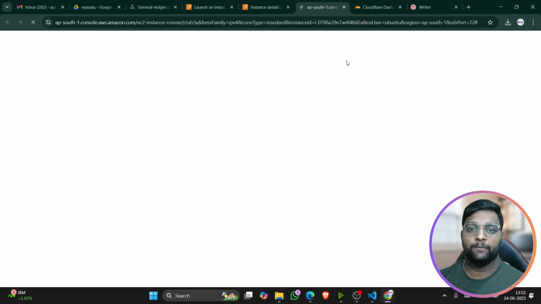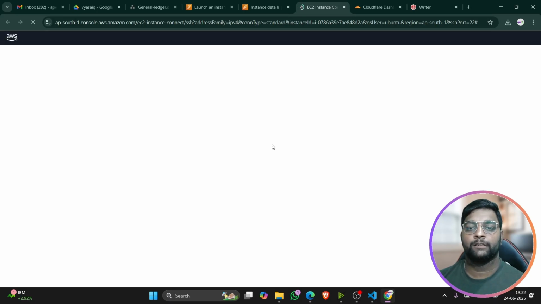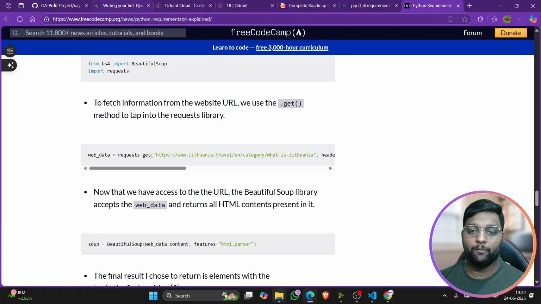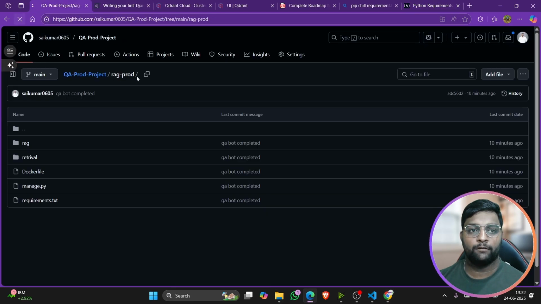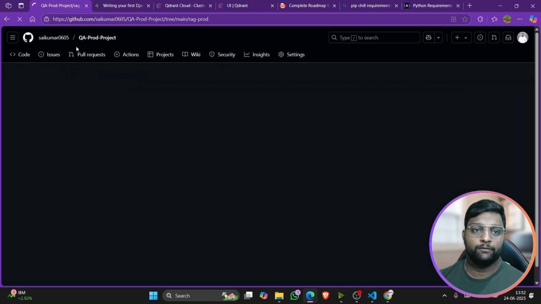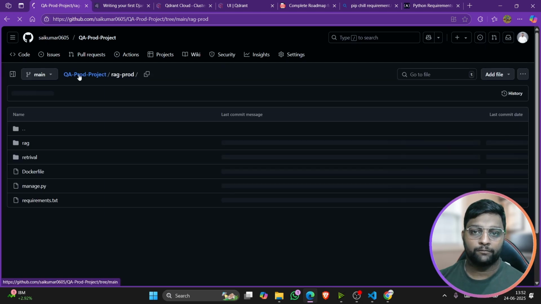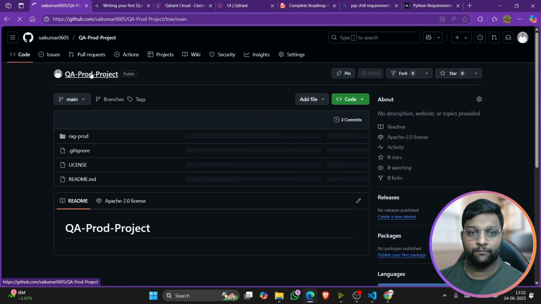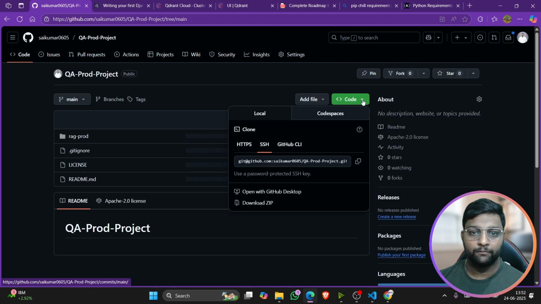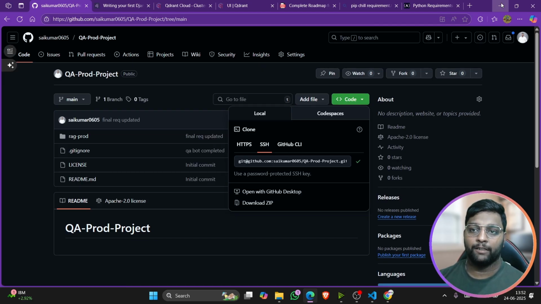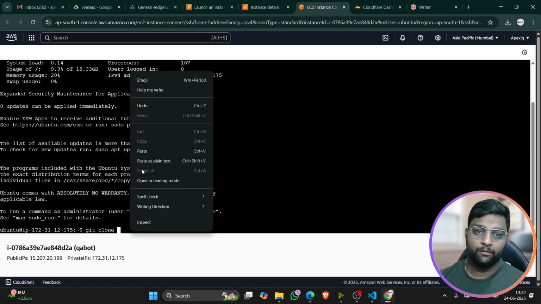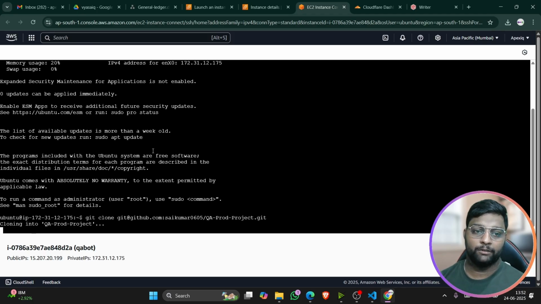Okay, so let me just open this. Yeah, so now the instance will get connected. Let us clone the repo now. So since we have it here, so we have updated it. Three commits were done. So I'll copy the repo link. I'll come here, git clone